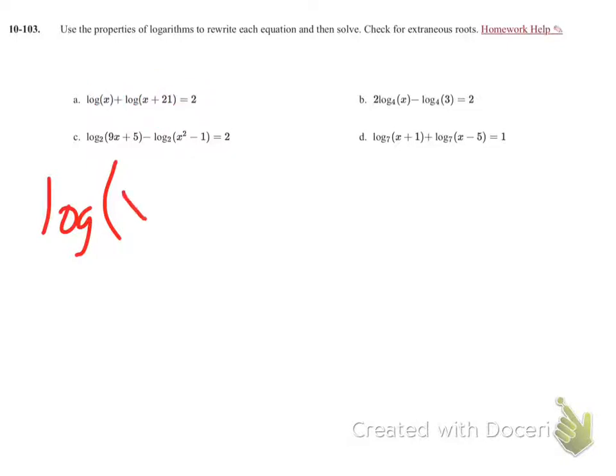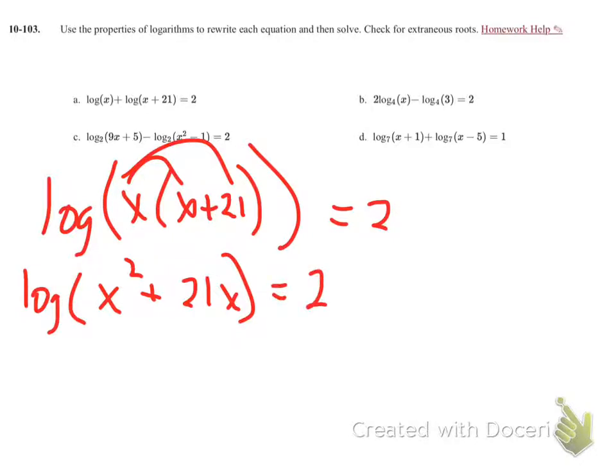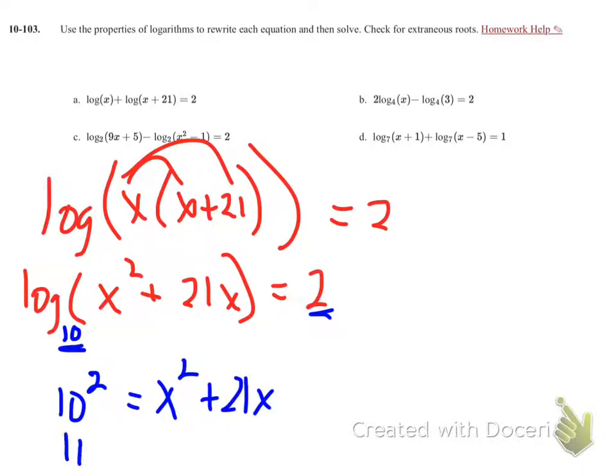So I will get x times x plus 21 equals 2. Distributing this right here gives me x squared plus 21x. So now I have the log of that equals 2. Since this is a base of 10, I now can go ahead and write this in exponential form. So 10 is my base to the second equals x squared plus 21x, which is 100 equals